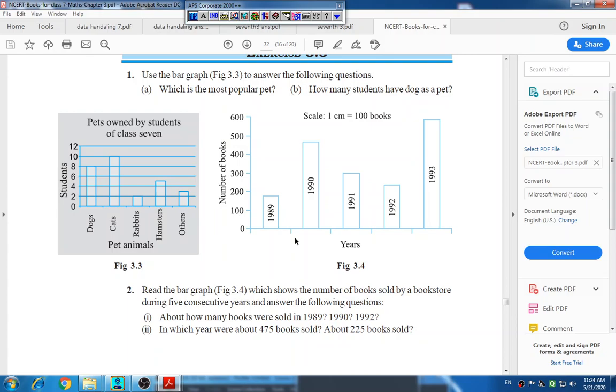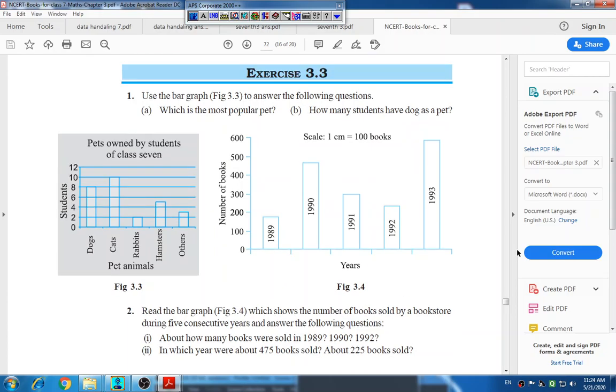Look here carefully, just listen to how we can solve this exercise 3.3, and after listening to this video you have to solve this exercise 3.3 in your notebook. Take pages of bar graphs, or you can arrange a different graph book also. And if you have graph pages, you can pin up these graph pages in your notebooks. But after listening to and watching this video, you have to solve this exercise in your notebook. Okay.